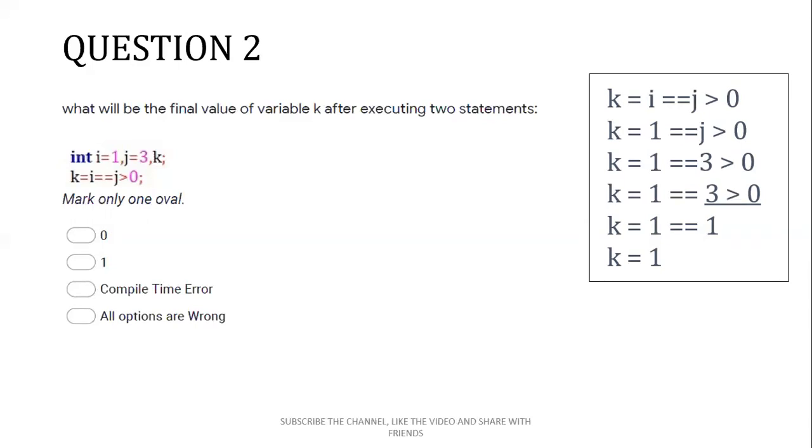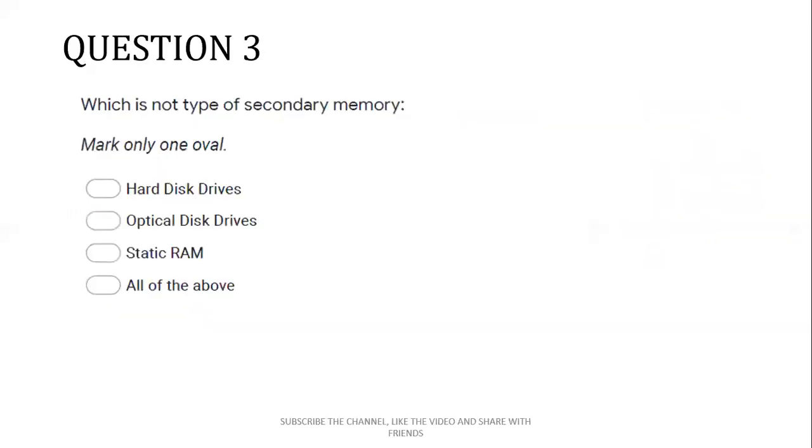Okay, so first we have to solve 3 greater than 0, only then right operand of this comparison operator will be achieved. So 3 greater than 0, when solved, will return 1, because the condition is satisfied. After that you have to solve this comparison operator. Both the operands of comparison operator are 1, so this condition is satisfied, so it will return 1, and in the last this value 1 will be assigned to the variable k. So value of k will be 1 here, so you can mark it. So that is your answer.